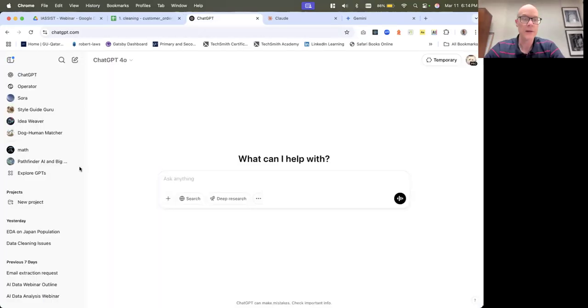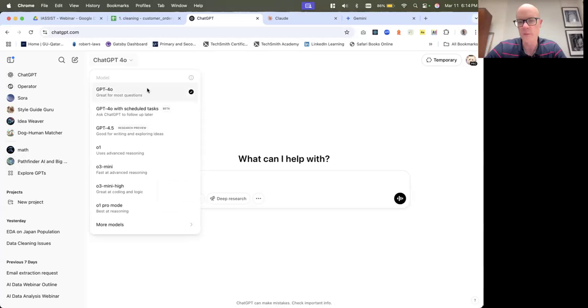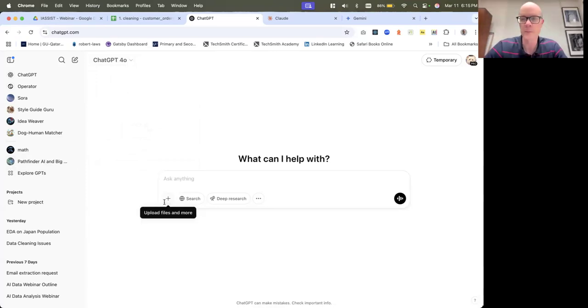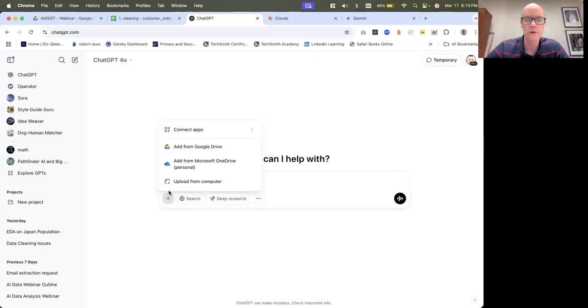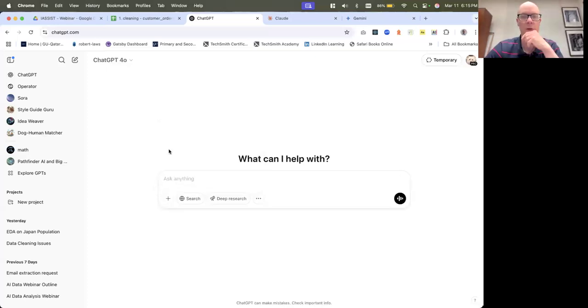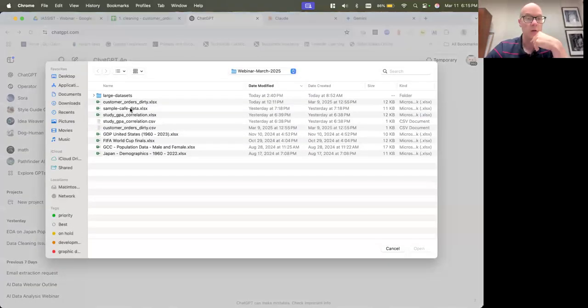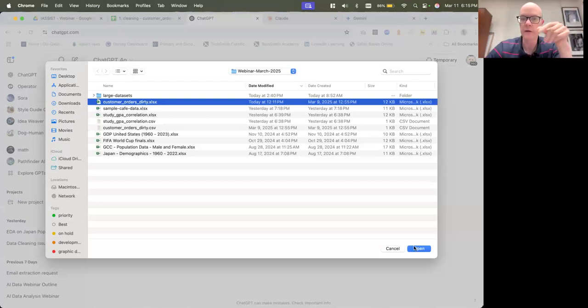So what we could do at this point is come to a tool like ChatGPT, and I'm using 4.0 for most of what I'm going to demo today, although there are other models available. But 4.0 is a good general purpose model, and will allow us to do pretty much everything we want to do here. Okay, so I'm going to bring in this customer order dirty file.